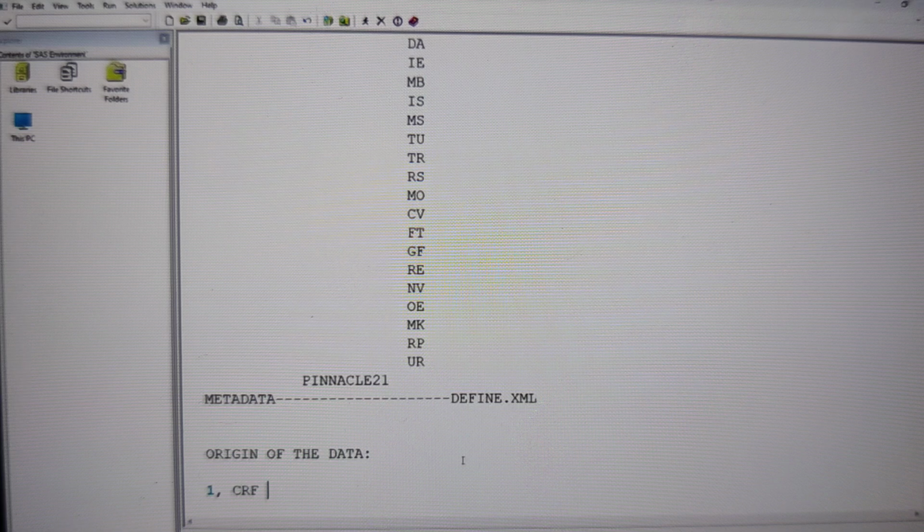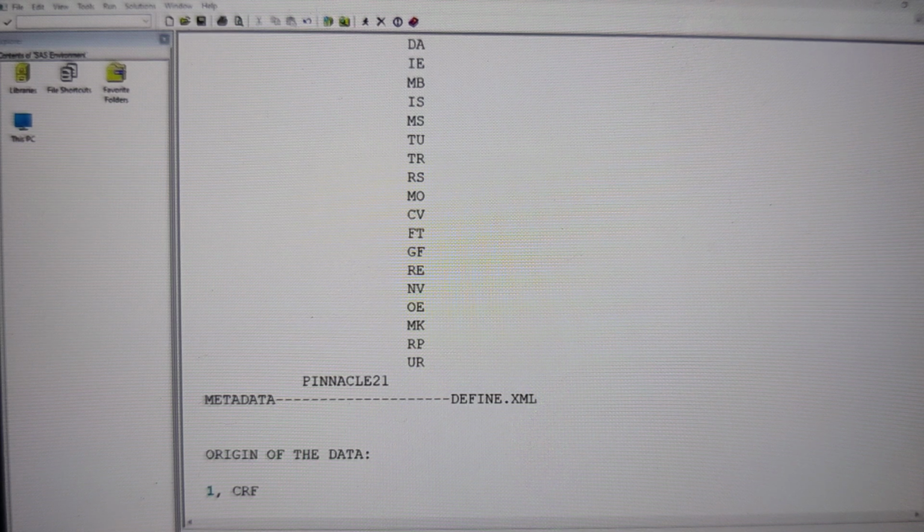So all the lab test reports, vital signs information, all the treatment information, demographic information, adverse events information, medical history, concomitant medication, all this information you can find on the CRF sheet. But sometimes we are going to collect the data directly from an automated machine. And that is called EDC. EDC stands for electronic data capture.